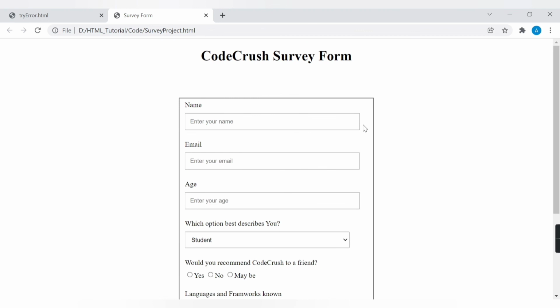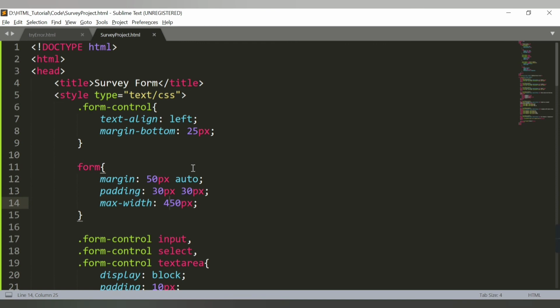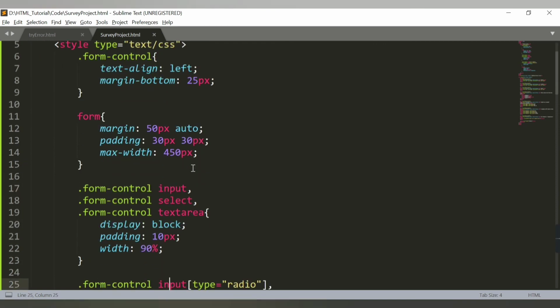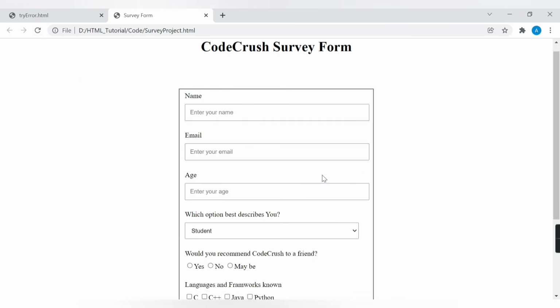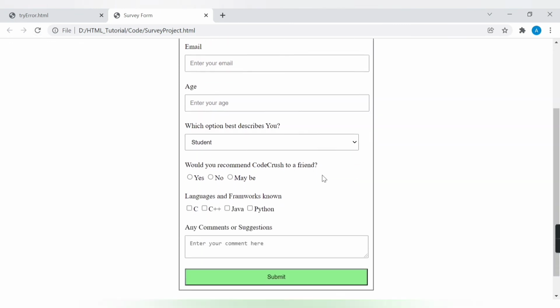And the space here you can also make like this, right? Because here it seems less and there it's larger. You can adjust that in the div. In the div, what we have provided, form control, width you can say 95%. If you see now, yeah, it looks better. See, our form is currently looking this way.